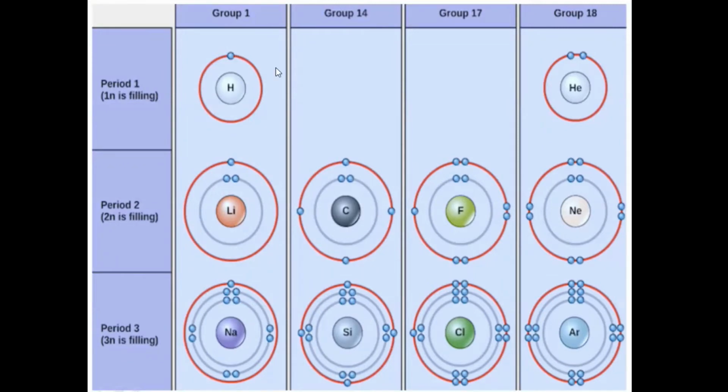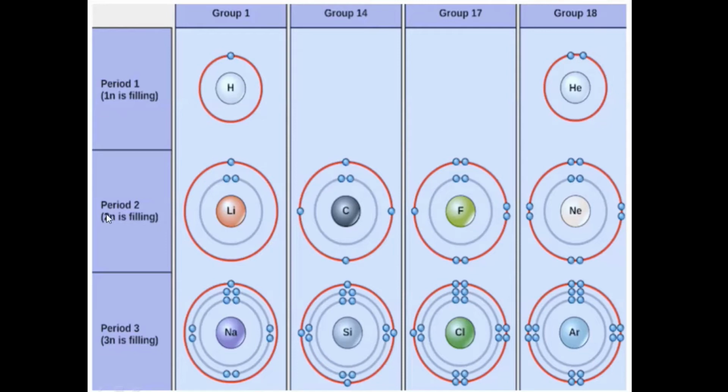Now the nearest noble gas for hydrogen in that row will be helium, which has an atomic number of 2. That is, the number of protons is 2. To balance the number of protons, it should have 2 electrons. Therefore, the number of electrons in helium is 2. Since it belongs to row 1, it will have one shell.